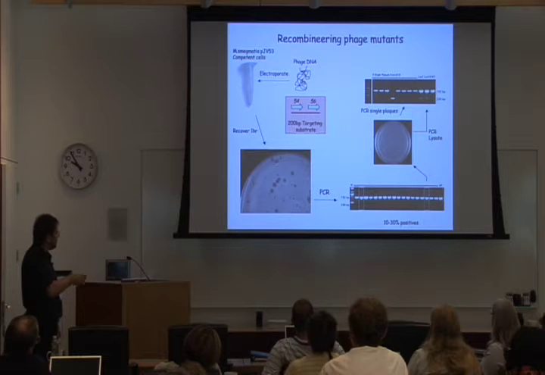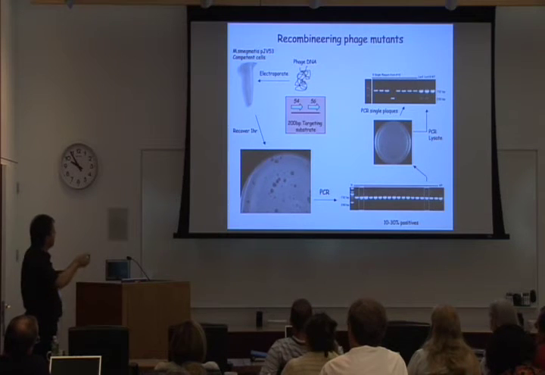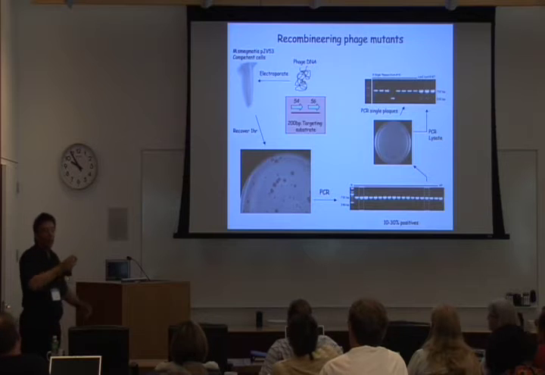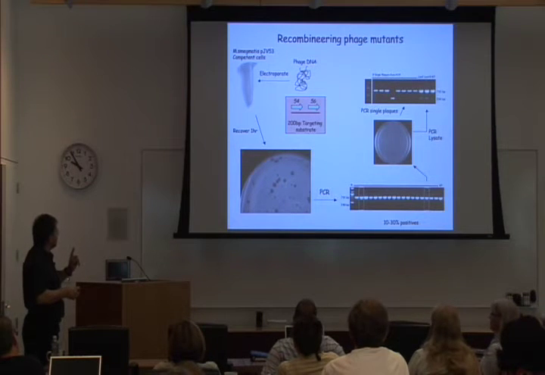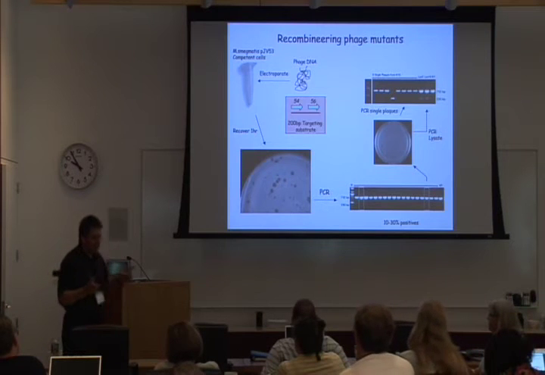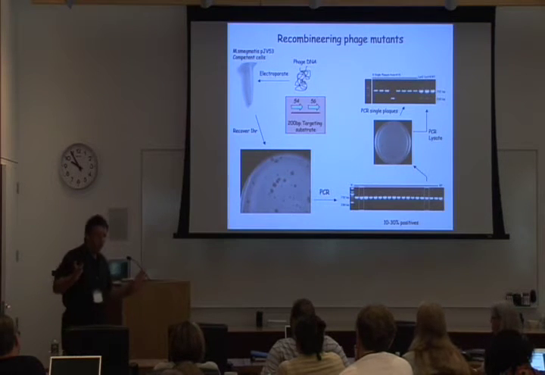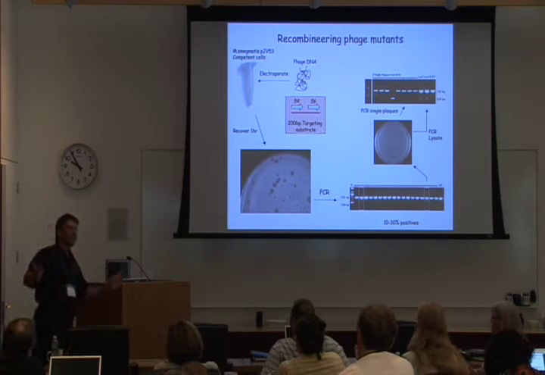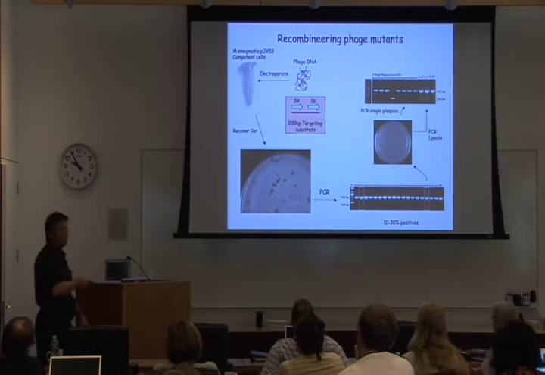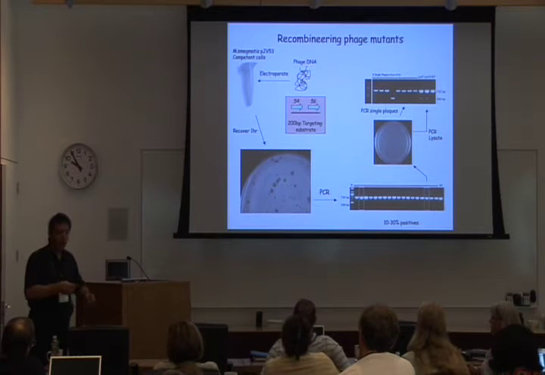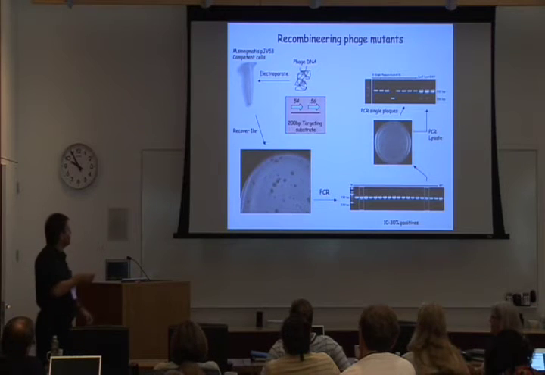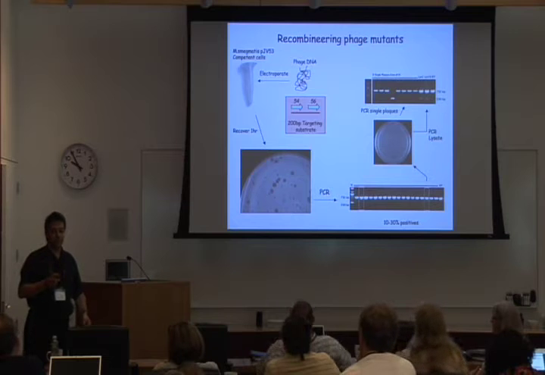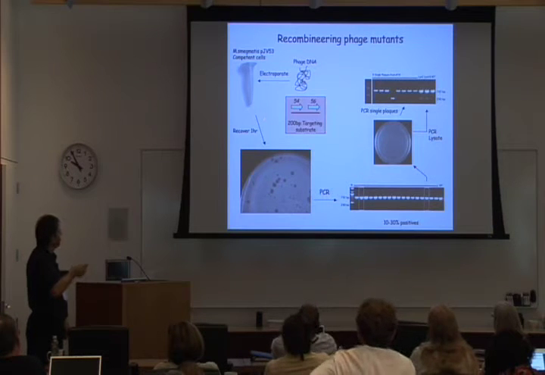In this case, each of the plaques has arisen from an individual cell which has taken up the DNA. What's key about this process is that not all the cells take up DNA, 0.1% maybe. The ones that don't take up DNA, we don't have to worry about because they don't give us plaques. The ones that do take up DNA frequently, at a very high frequency, take up both pieces of DNA. And this frequency of recombination in this strain that we've